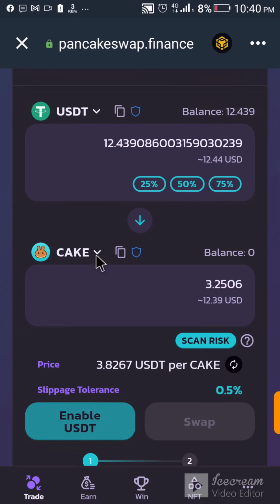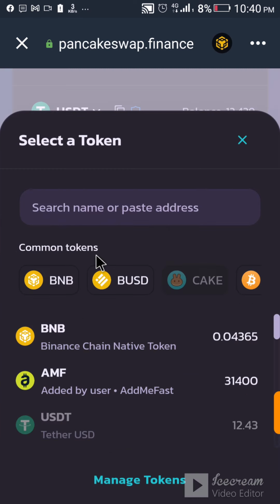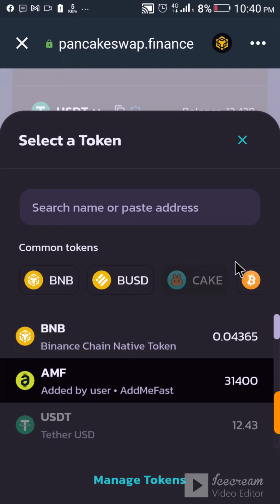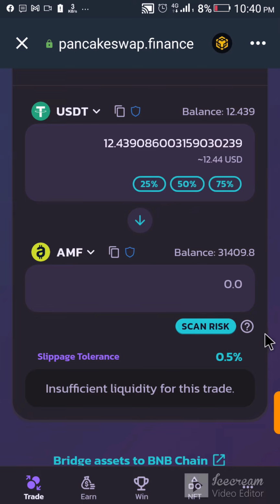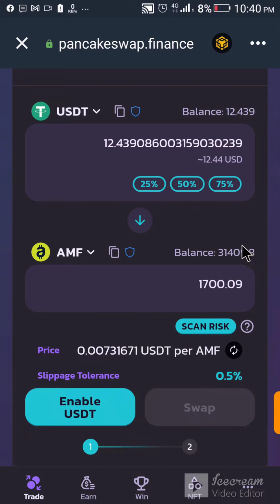And I'll select AMF, to which I want the conversion to take place. So the present AMF balance is shown in here,